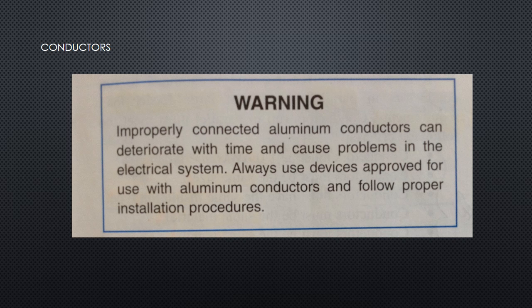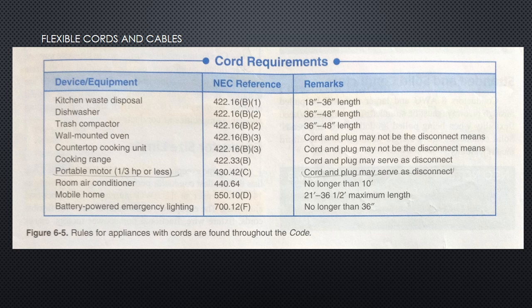Flexible cords and cables. Flexible cords fall into one of three categories: for extra hard usage, for hard usage, and not for hard usage. Table 400.4 of the code lists some properties of the various types of cords. The ampacities of the different cords are found in table